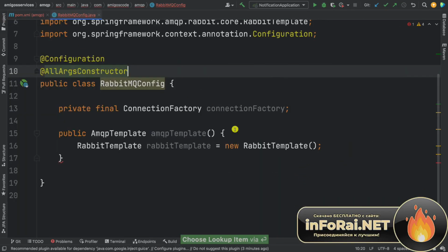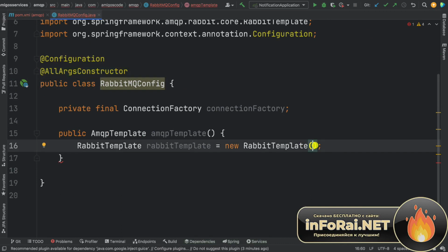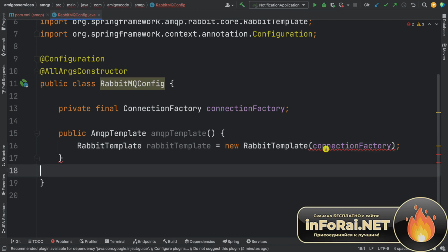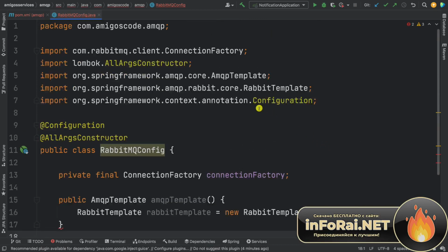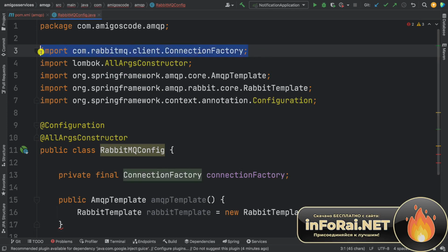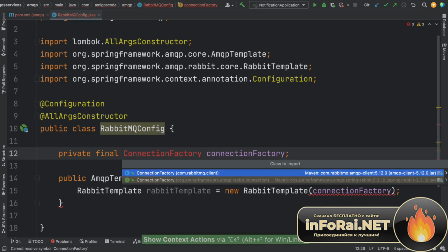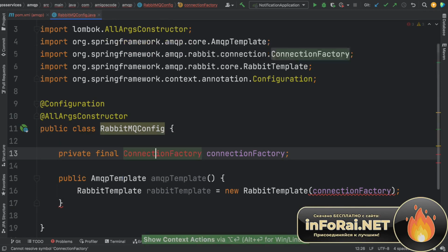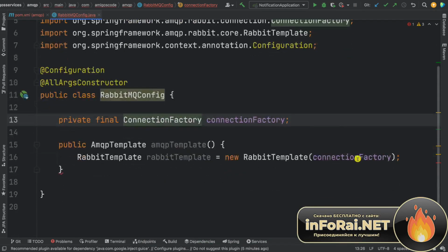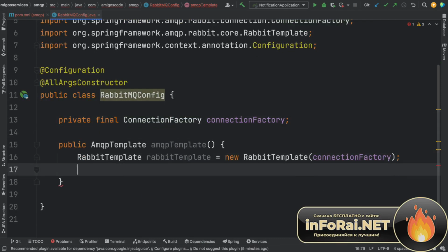So let me put this full screen, and now I can pass the connection factory. So now that we have that in place, and it looks like I did import the wrong one, so not this one, but instead, if I import this again, we have the one from Spring Framework, just like that. So now that we have this in place, I can say